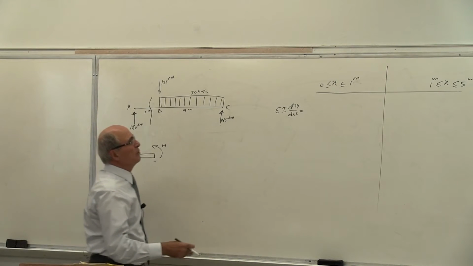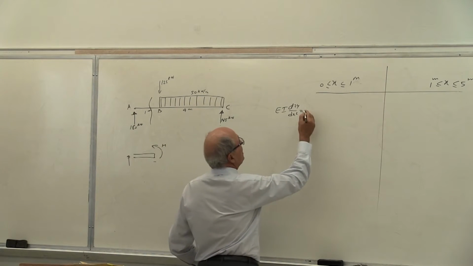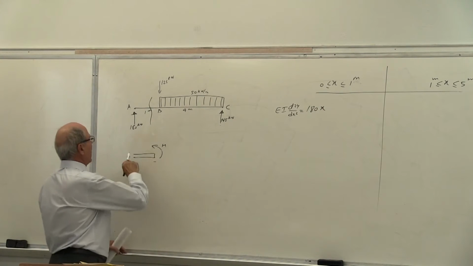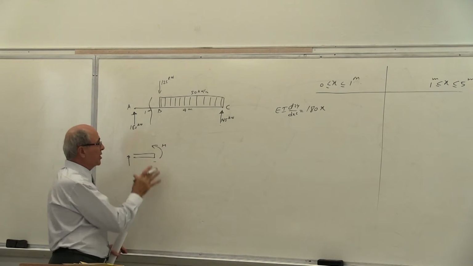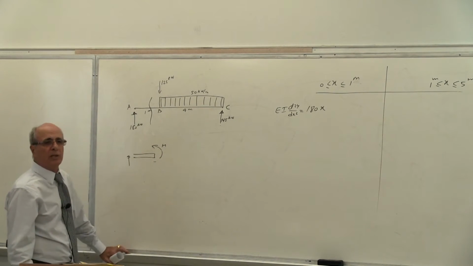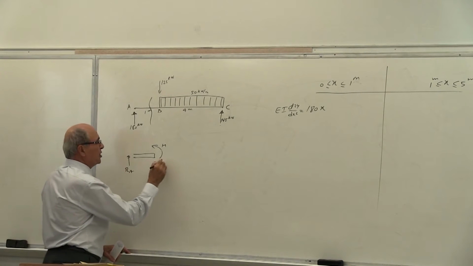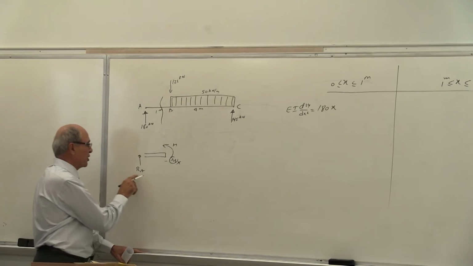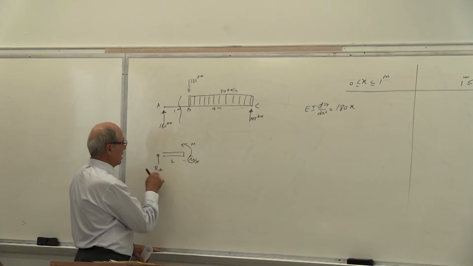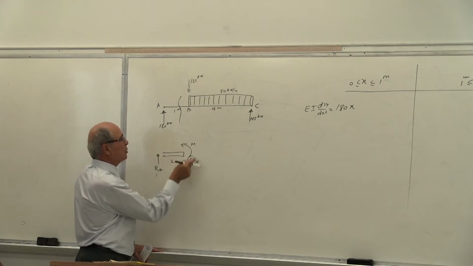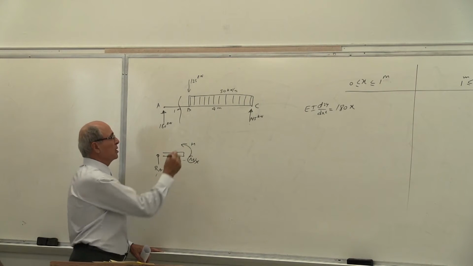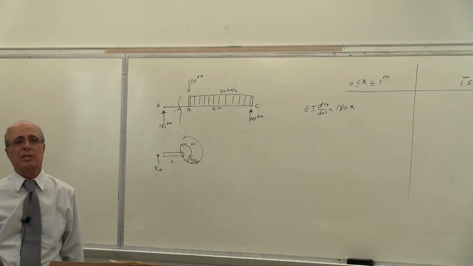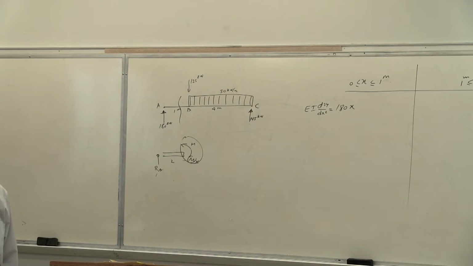Anyhow, another 15% or 20% of the class put minus here. It is 180 times x. Is that correct or not? Action is negative. The reaction to that, the sum of these two must be equal to 0. This is RA. This is the Mx that I'm looking for. Is that correct or not? That Mx, if this is 10 and this is 2, 10 times 2 is 20 going that way. This M should be 20 going that way. Therefore, it should be positive. This is the one, it goes there. Is that correct? This is the internal moment which causes a stress. Is that correct or not? In the body of the beam, correct?